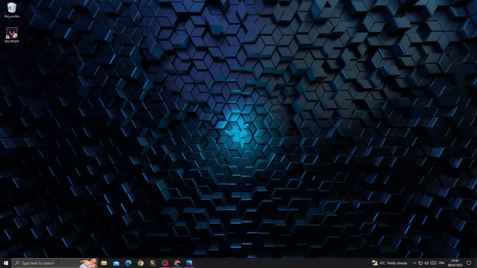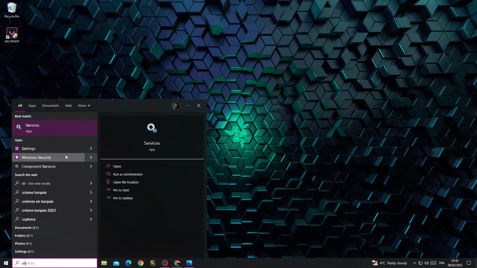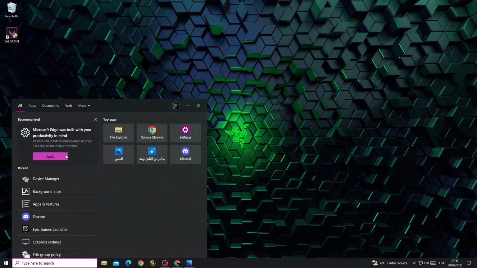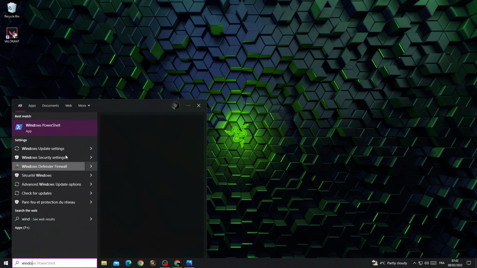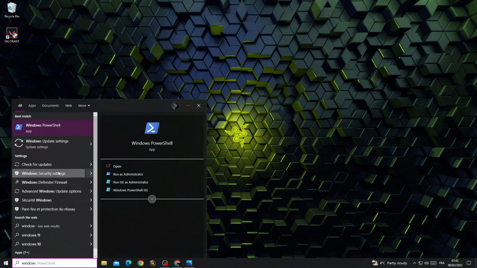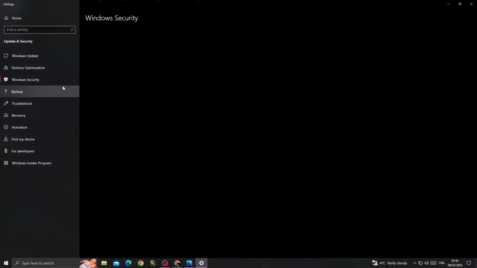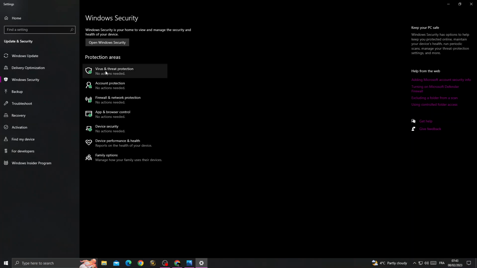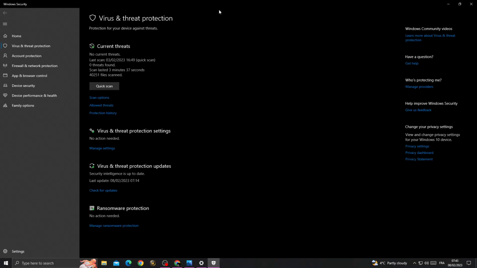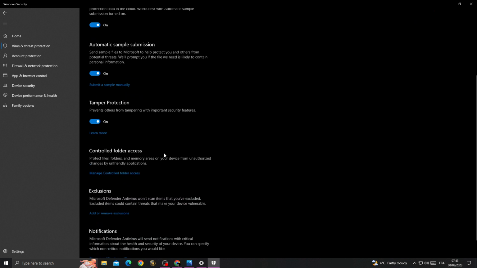First just type here Windows security settings, use it, and then click here virus and threat protection, manage settings, scroll down, click add or remove exclusions, add an exclusion